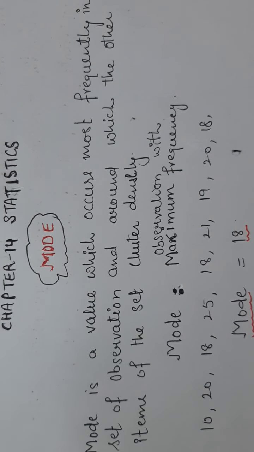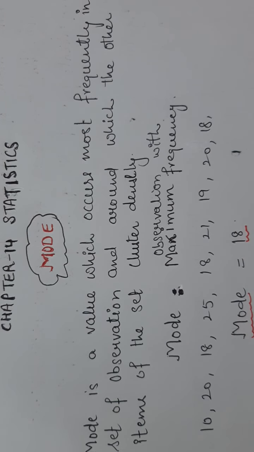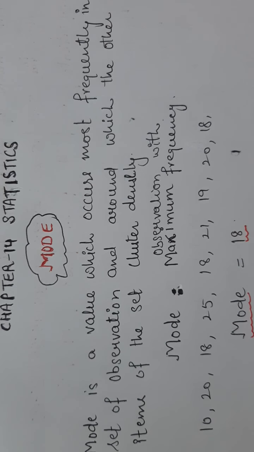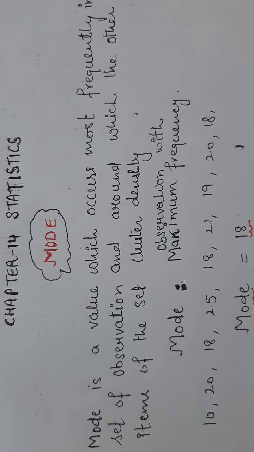Good morning, class. Today we are going to discuss mode under the heading statistics. We are already done with mean and three methods of finding the mean. The first method was the direct method, then the assumed mean method, and then the step deviation method. Today in mode we will discuss how to calculate it and what the formula for finding the mode is. In ninth standard you have already done this.